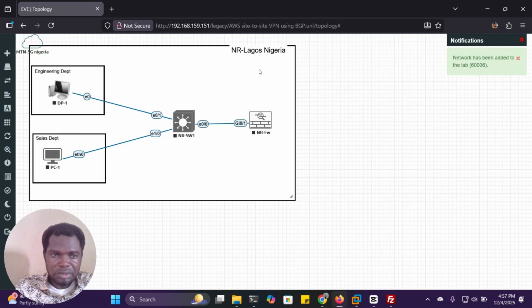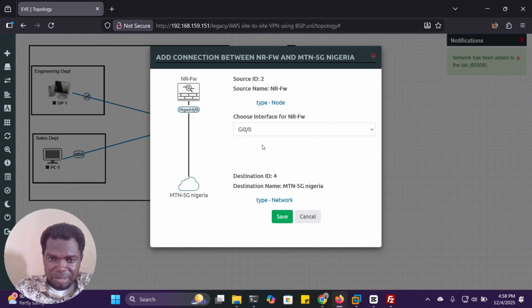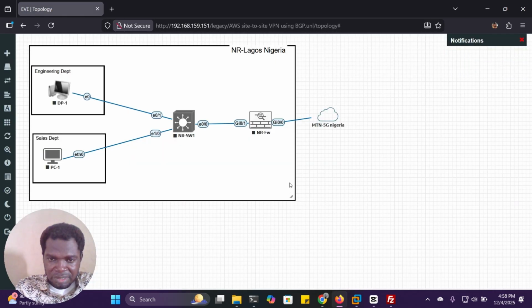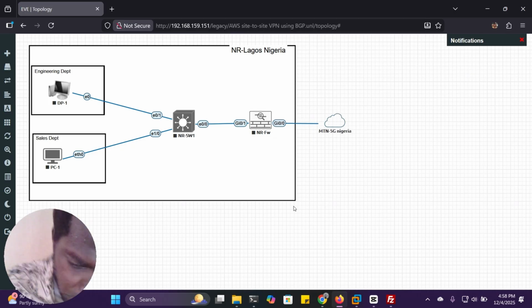So that's what we are using to connect to the internet. So this is what will allow us connect to our data center in AWS cloud. Yeah. So okay, so we're almost done.